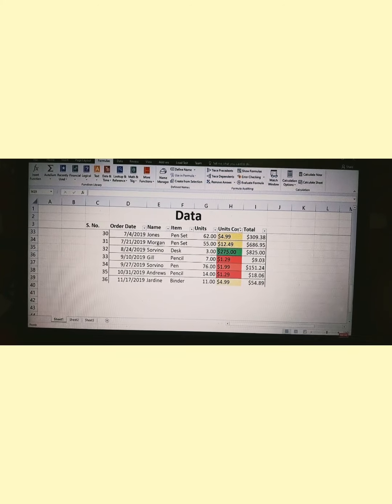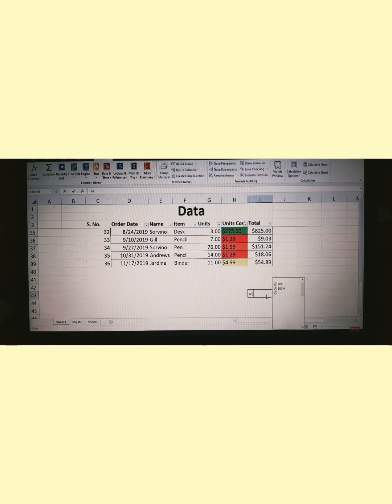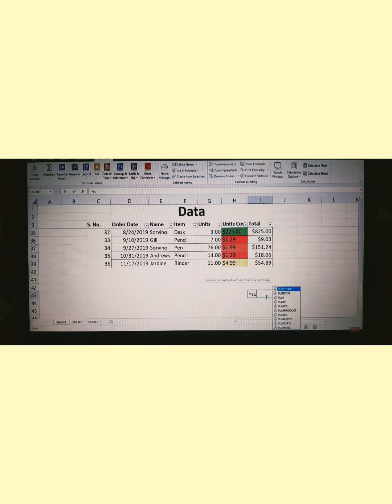First of all, select a cell for ourselves, then press the equal sign, which is the starting symbol of all the formulas that we are going to type in Microsoft Excel. So always remember that whenever you are typing any formula in Microsoft Excel, type this equal sign. After that, write our function name, that is SUM itself.